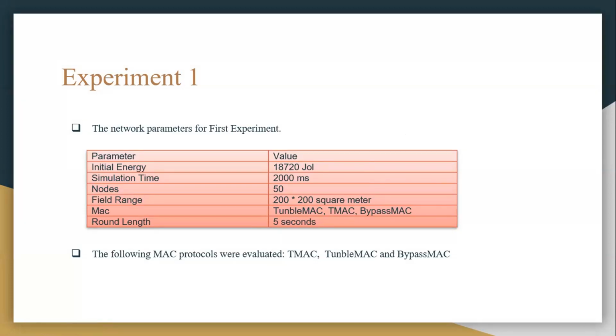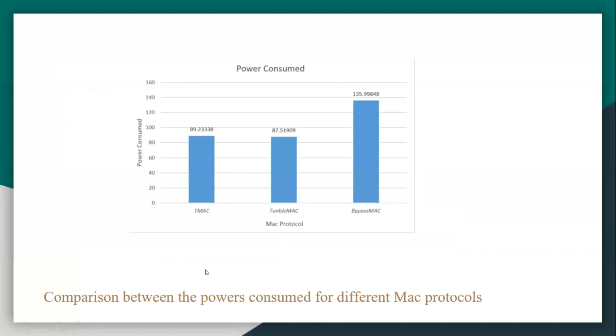Which would contribute to optimizing energy consumption in forest fire detection applications. From the results in this figure, it's clear that tunable MAC exhibits the lowest power consumption with a value of 87.51909. TMAC follows closely with a power consumption of 89.2338,